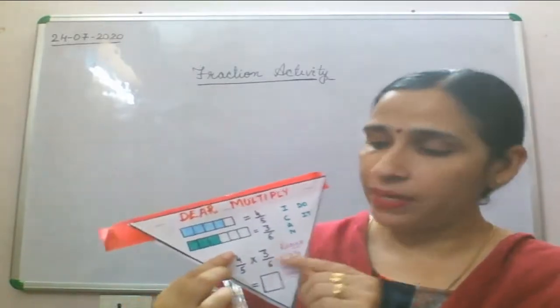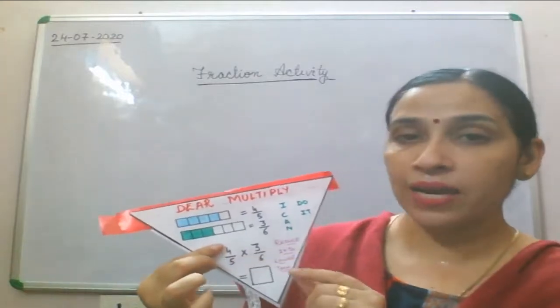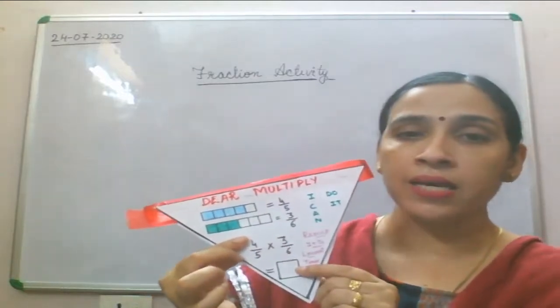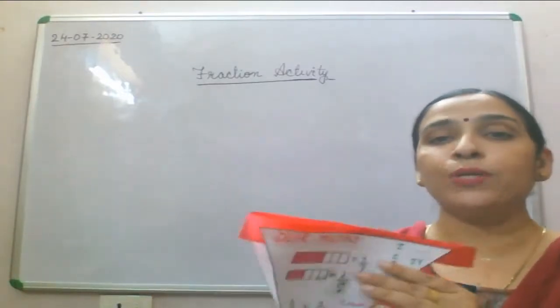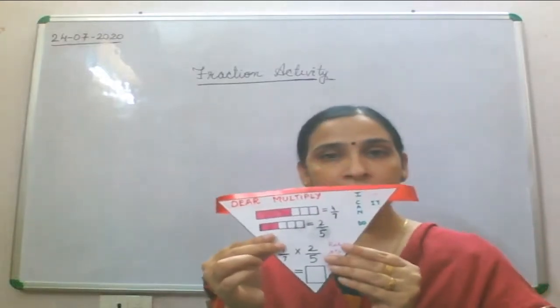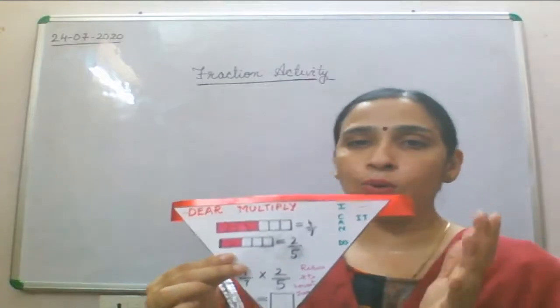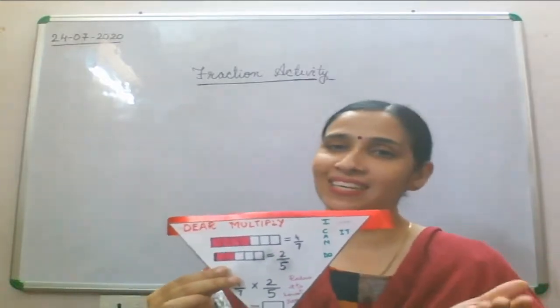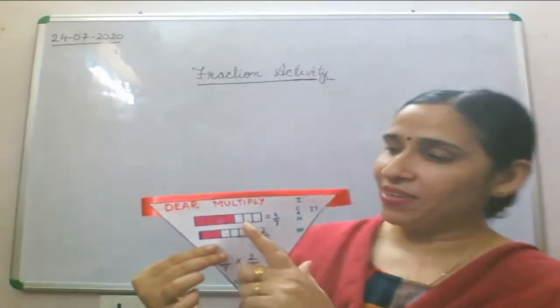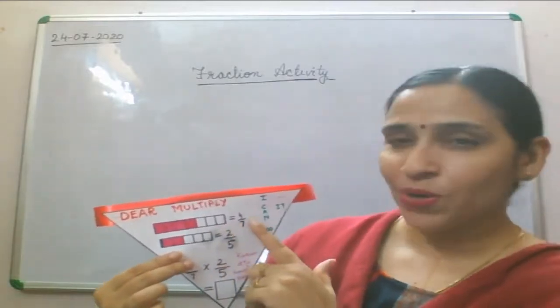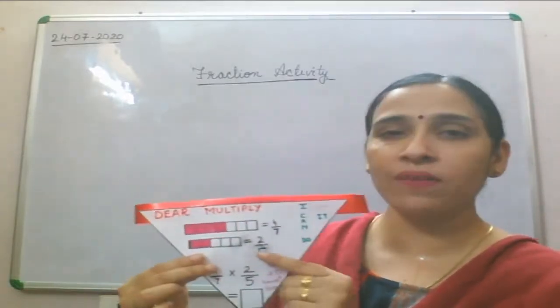See, this multiplication you can do it and find out the answer and write the answer here. Similarly, you will do with the second triangle. Any shape you can take, because triangle looks very nice, that's why I have taken triangle. So again we have taken two fractions, 4 by 7 and then 2 by 5.